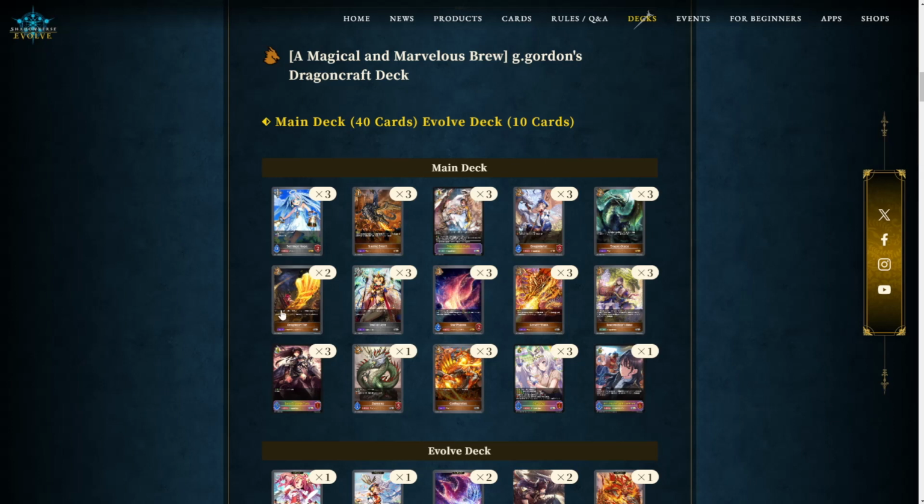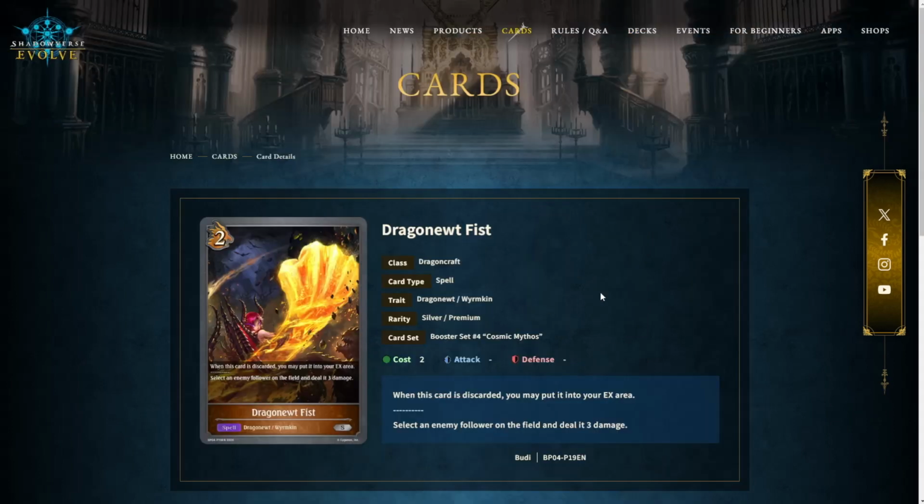Alright, so the first card we're going to be looking at is this Solid Dragon Nuke Fist. It came out in set 4. When this card is discarded, you may put it into your EX area. Then you select an enemy follower on the field and deal it 3 damage. The one thing that Discard Dragon really had a problem with was just its hand size,